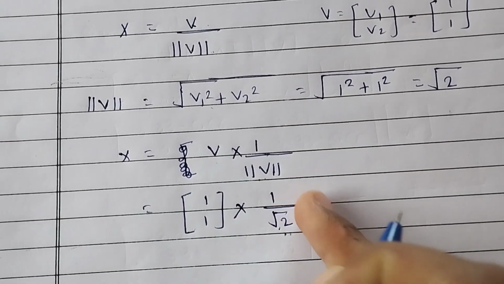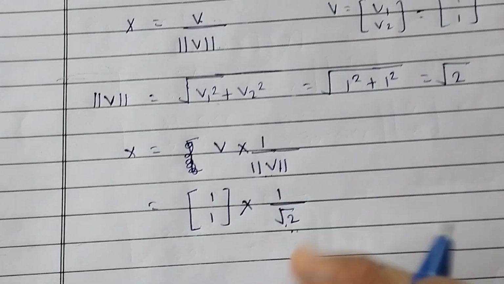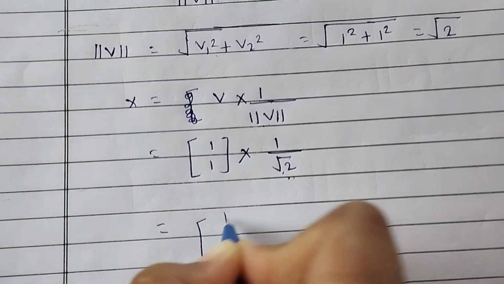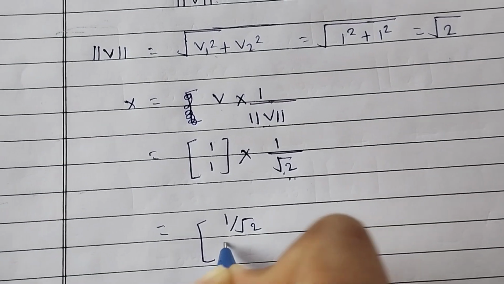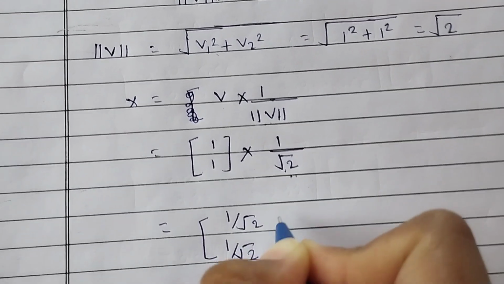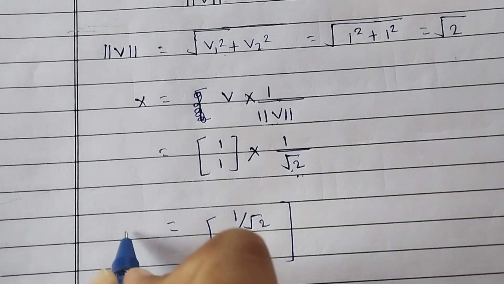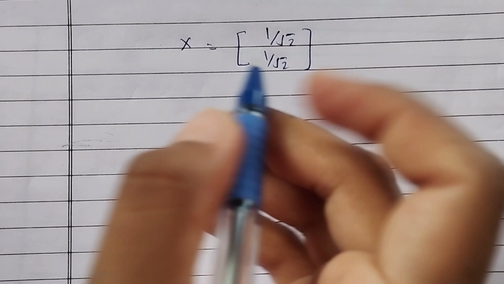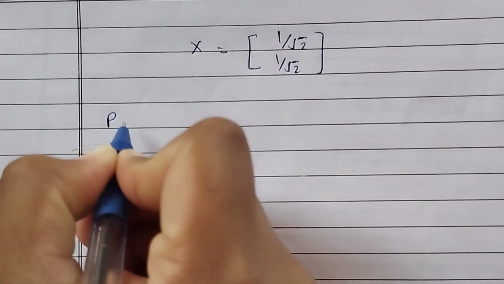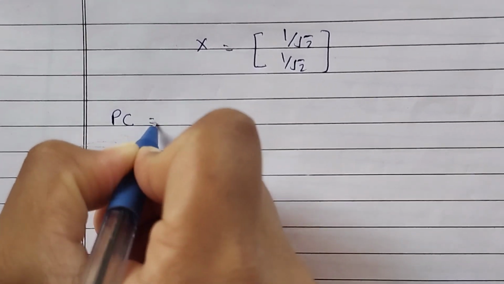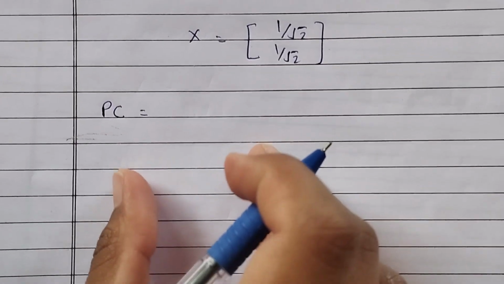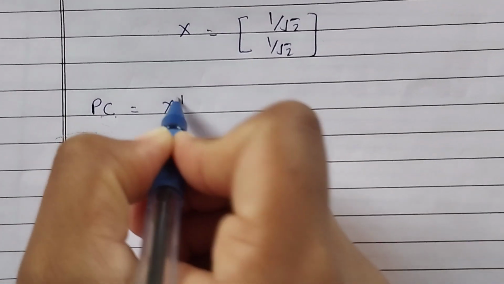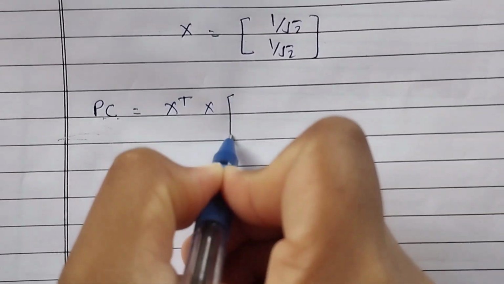So 1 into 1 by root 2, 1 into 1 by root 2. So it is like this: 1 divided by root 2, 1 divided by root 2. So this is the value of x, which means normalization. Now we want to find out the principal component, which is mentioned in the question itself. So the principal component is nothing but x transpose into